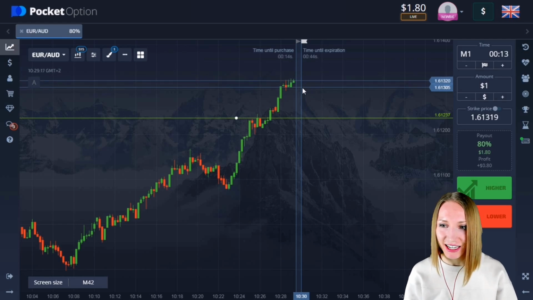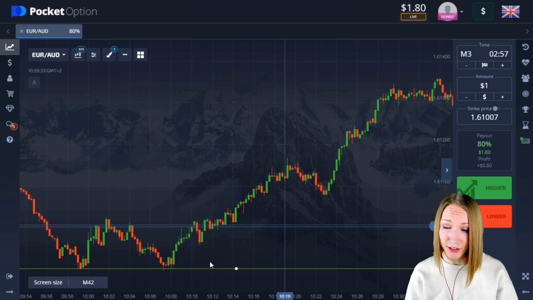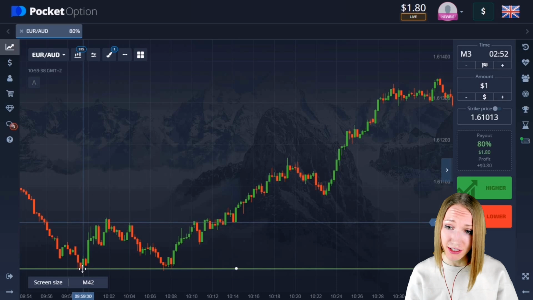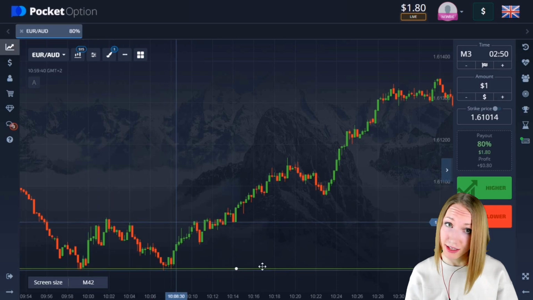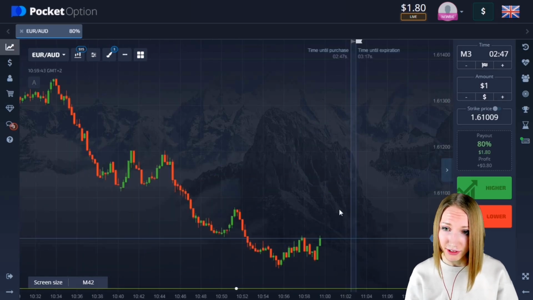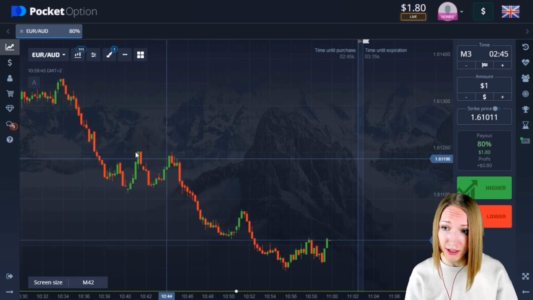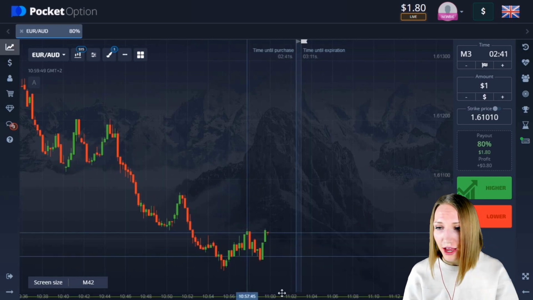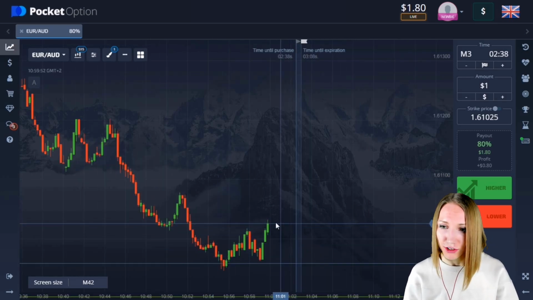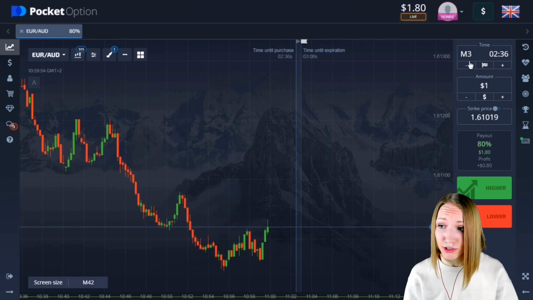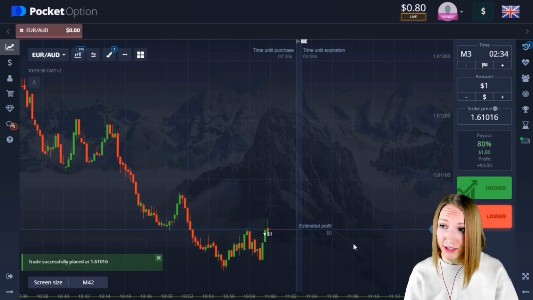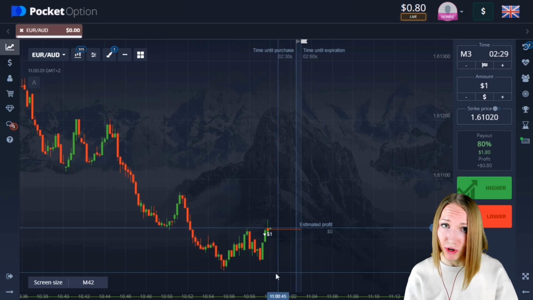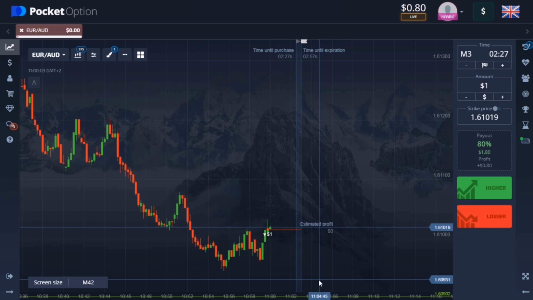So let's continue. Here we are in the same currency pair after 30 minutes. I rewound the chart to the left and I'm setting the level due to these candlesticks. It's the support level here. So let's return to the beginning. Here you can see there is a very good downtrend. The price is approaching the support level. There was a small rollback up and it's a very good point to open a trade. Let's do it. We're down for 3 minutes.